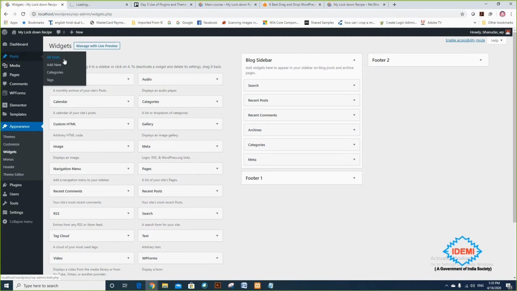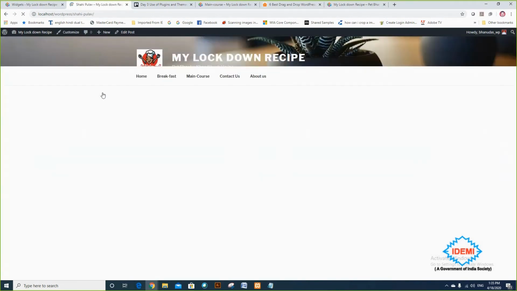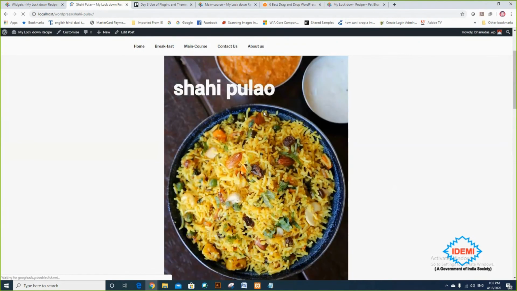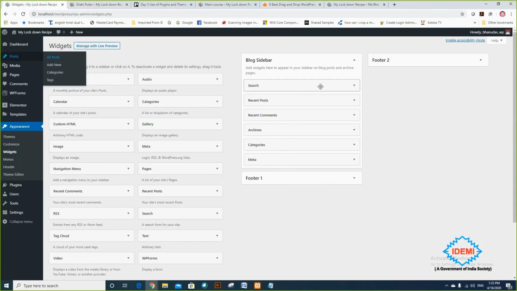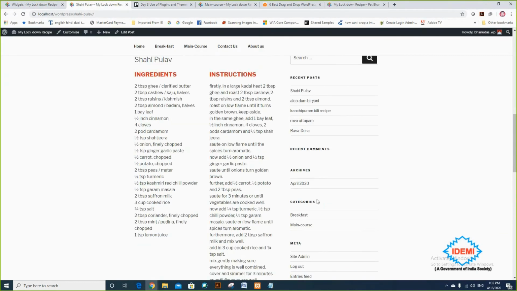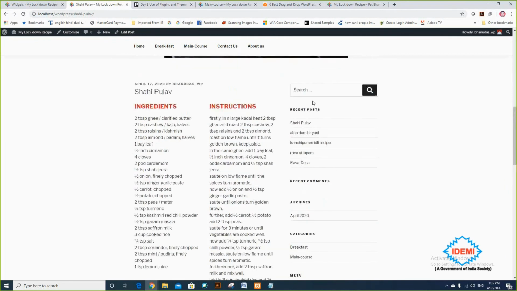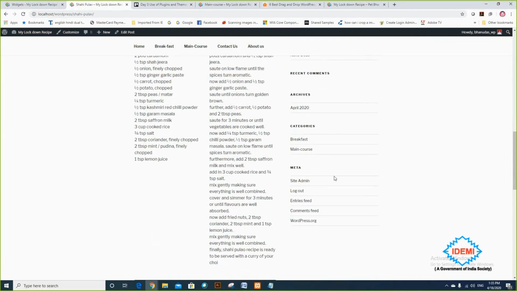So I'm just opening my post here and clicking on view. Look at the right hand side. There is a search option. This is because of this search widget, and this entire thing is called a block sidebar. This block sidebar contains search, recent posts, recent comments, archive, category, and meta.